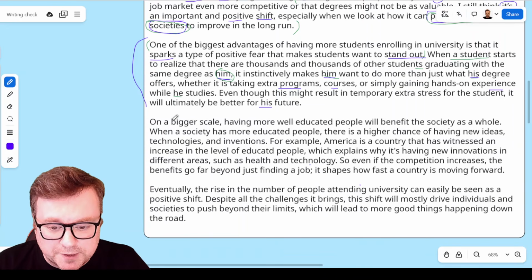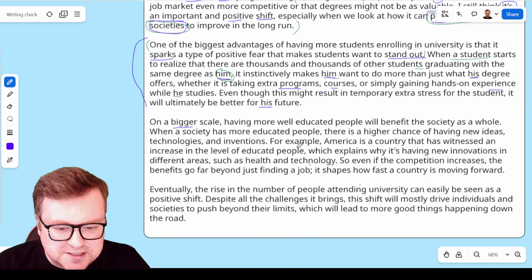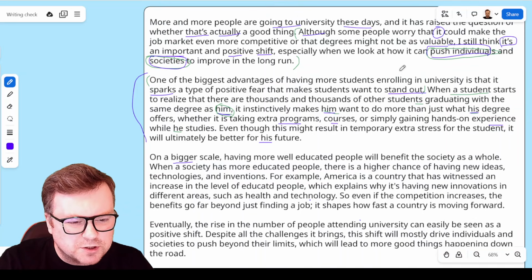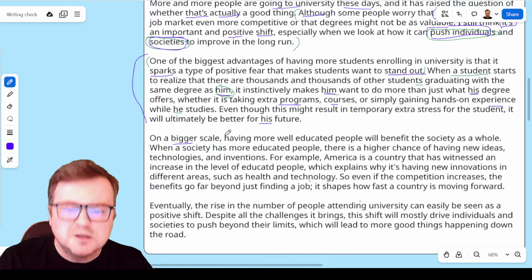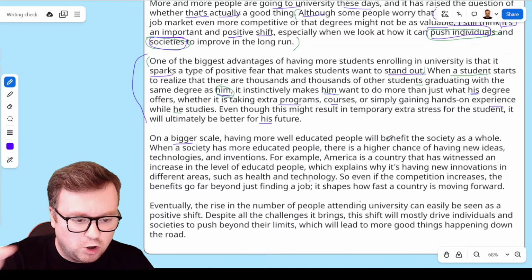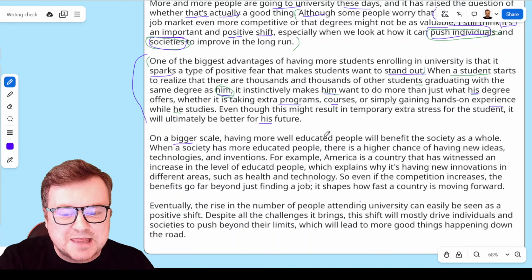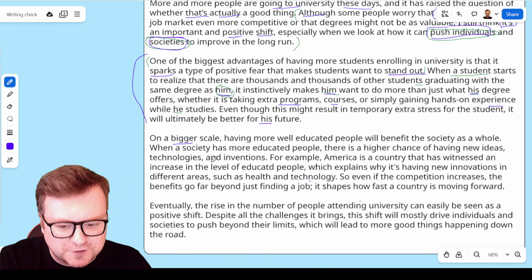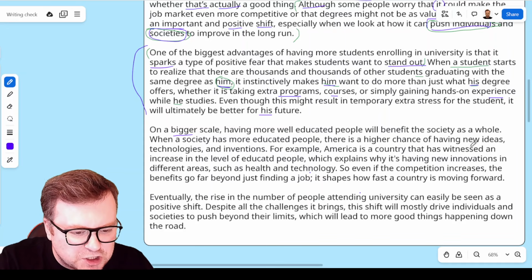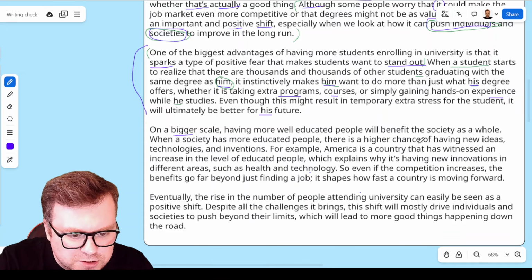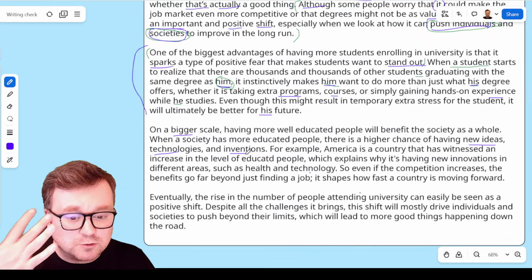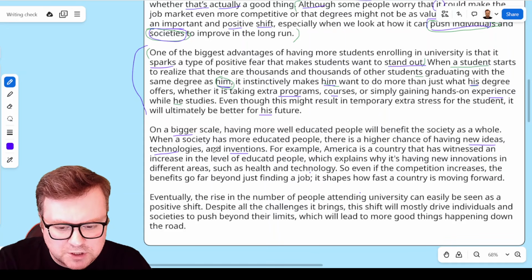And cool, we start with on a bigger scale, which sounds like it's societies. Cool. On a bigger scale, having more well-educated people will benefit the society as a whole. Cool, but you've already mentioned that. So maybe make your argument earlier. On a societal level, more people studying at university is positive because blah, and put your argument there in that first sentence and then spend the rest of the paragraph explaining it. But okay, when a society has more educated people, there is a higher chance of having new ideas, technologies, and inventions. So I'm thinking immediately, well, okay, give examples and prove how more people studying results in new ideas, technologies,